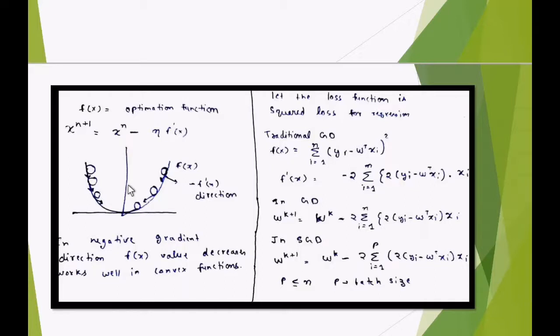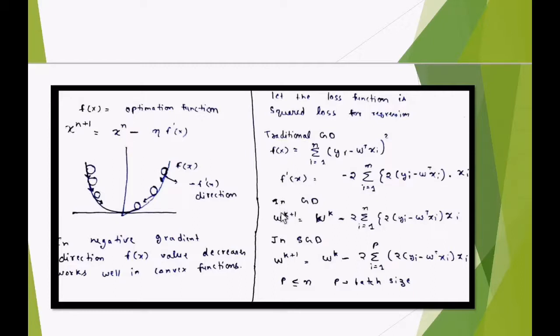Now this technique is good, but there is one problem with gradient descent. Let me show you through an example. Let's say my objective function is something like this, where I am summing i equal to 1 to n of this squared loss function. Now if I differentiate it, I will get something like this. So to calculate the derivative at a point x, I need to sum from i equal to 1 to n, and in machine learning there can be millions of points, so I have to sum over all of those million points to get the derivative. So computing this derivative is very costly.